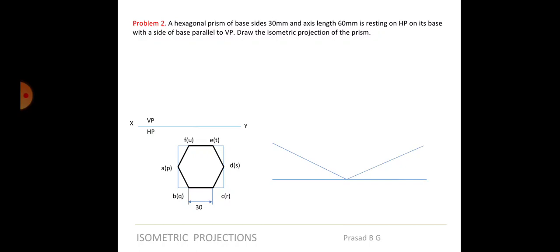So what will you do now? If I say draw the hexagon, I would again suggest you to draw this in ISO scale only in the orthographic view. This one, 30 mm. I would suggest to draw it in ISO 30, so that the hexagon itself is done in ISO 30, and then the box whatever you get will also be in ISO. So we can directly take that particular length. Okay, if you do in true scale only, it becomes difficult, no, from true 30 to again converting that into ISO and keeping it on the drawing. So this will be better to draw it in ISO scale only, so that I can directly take the values which are already in ISO and directly place it over there.